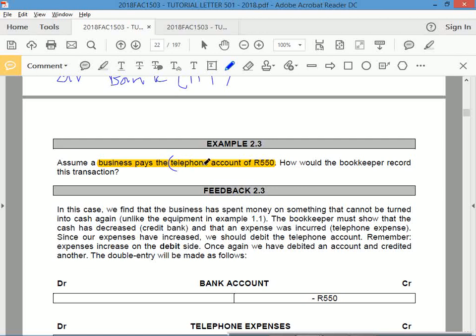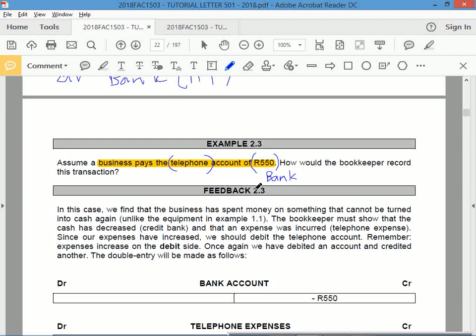Keyword, telephone, pays, and what are they paying? They're using cash, they're using bank. Okay, so that's what I would write down there. I would highlight that bit. I would put a bracket here for telephone, a bracket there for the amount, and I'd write the word bank there. Okay, because now I know what they're talking about. I'm interpreting the transaction. If I know what the transaction says, then I'll know how to account for it.